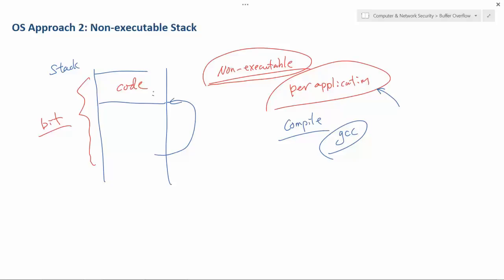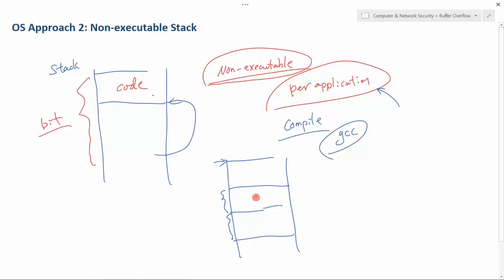If the overflow is large enough to write into the next stack frame, does this not work? It's going to write into the next stack frame. If the overflow overwrites the whole stack frame for this application and keeps overwriting further, outside of this stack frame, then what? So here, you're talking about stack or frame? Here is a stack, and here is a frame. There's a main function with a frame, and then there's a foo function with a frame. So when you overflow, you will have to overwrite the main function's frame.